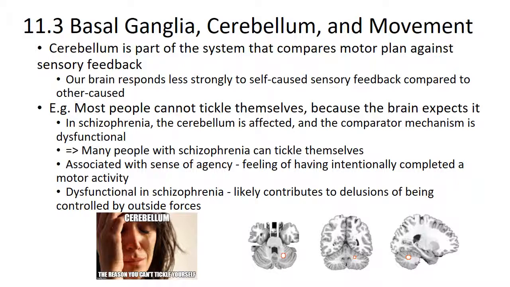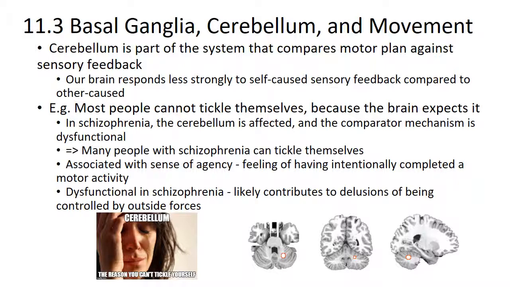Going along with what I was just saying, our brain responds less strongly to the sensory feedback of things that we caused as opposed to the sensory feedback of things that other people caused. An example of this is that most people cannot tickle themselves because the tickle sensation comes from surprise, and we can't surprise ourselves with tickling because the brain expects it. We created the motor plan to tickle, and so our brain already expects it,